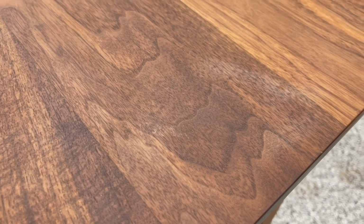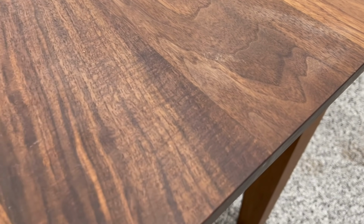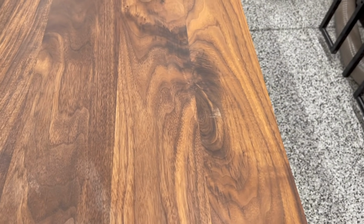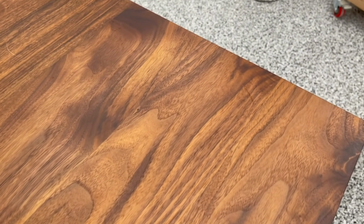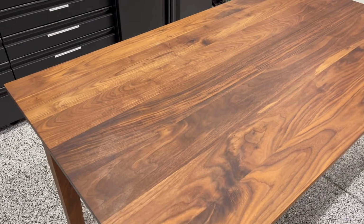You can see there's some scratching, there's some lighter colored spots, and that was from a mistake on upkeep. I think at one point it was wiped down in a couple of spots with a magic eraser, which obviously is going to do some damage to the finish. But then moving down this side, overall you can see that the table is in extremely, extremely good condition,